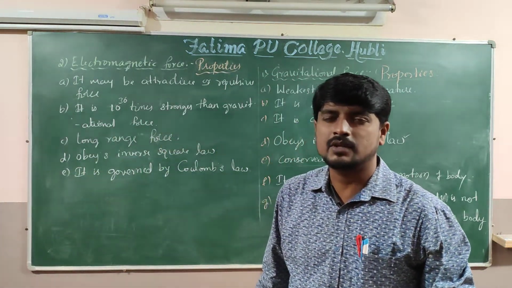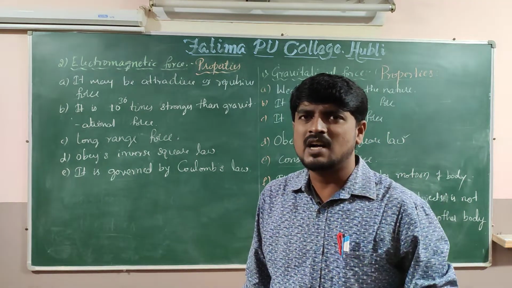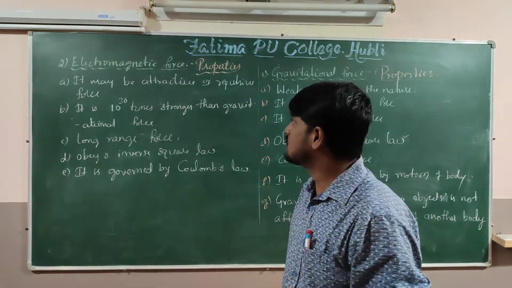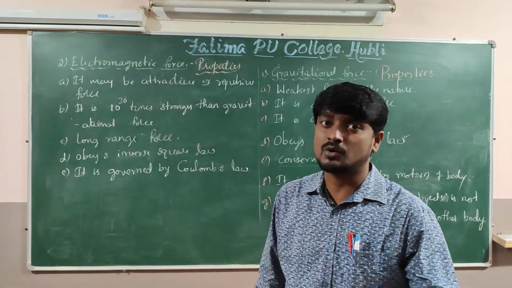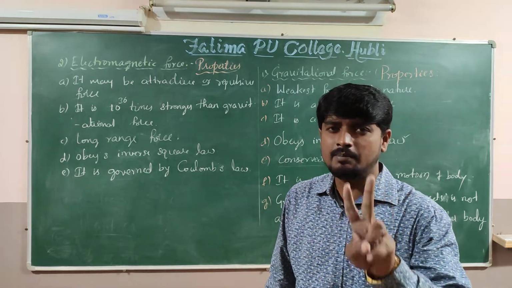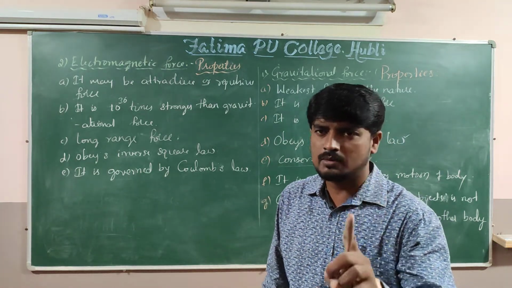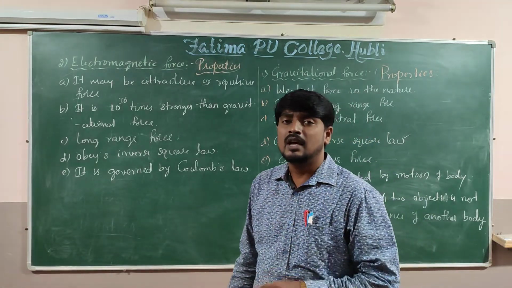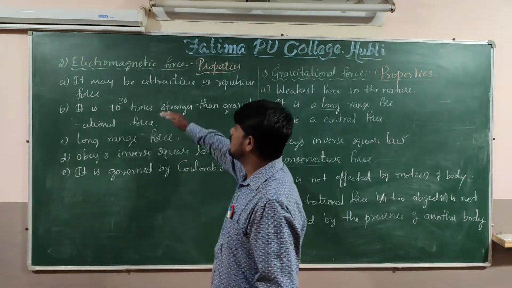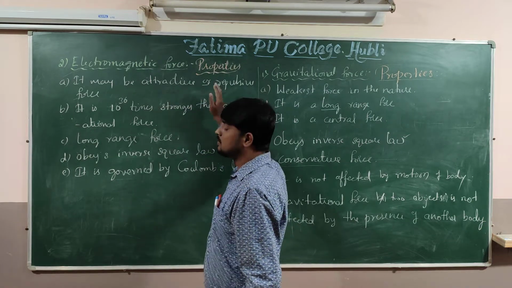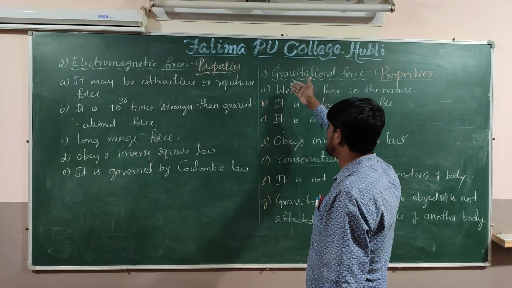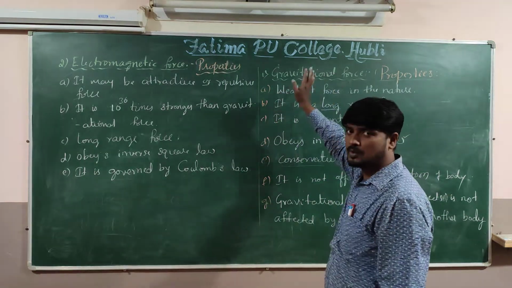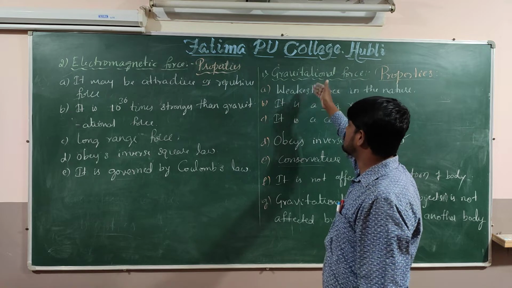In the examination, if they ask for 2 marks, they may ask you to mention any 2 properties of the electromagnetic force as question number 11. I repeat, in Part B, Roman number 2, question number 11, they may ask to mention any 2 properties of the electromagnetic force. At that time you can write, it may be attractive or repulsive. The gravitational force is purely attractive, that is also one property. The dictionary meaning itself is one property: gravitational force, attractive force, the weakest force, etc.